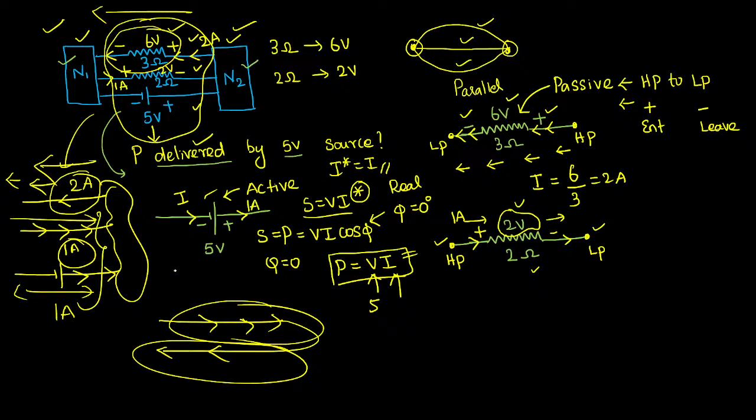how much current is flowing? 1 ampere. Conclusion is over. So what is the power? 5 volts into 1 ampere will give you 5 watts. So the power delivered by this 5 volt battery is 5 watts. I hope you